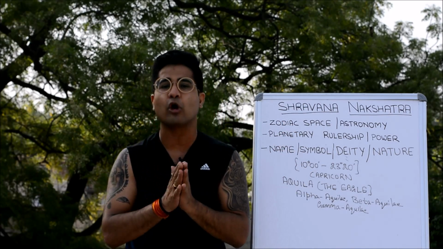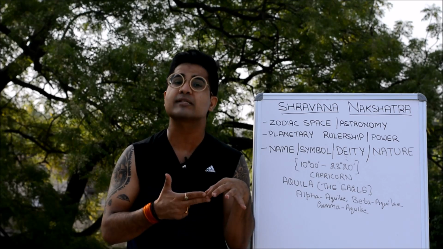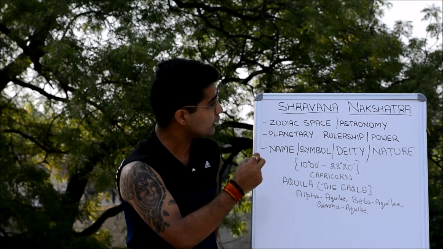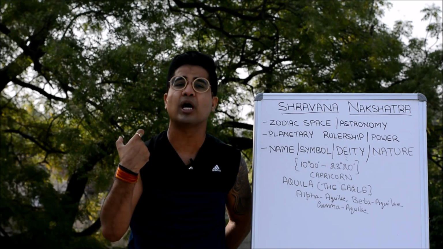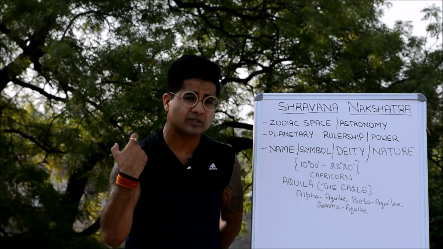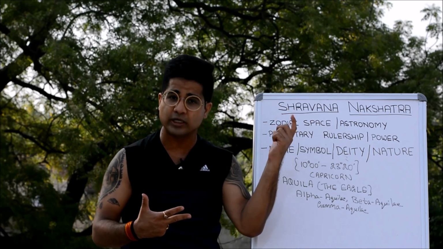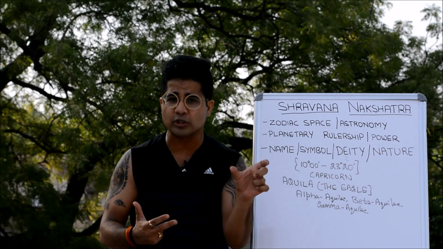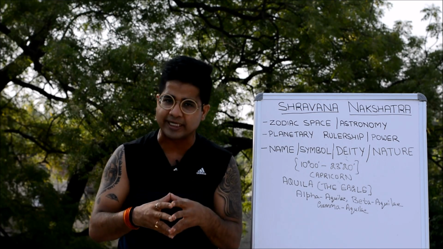When it comes to the flip side or shadow side of the Shravana Nakshatra, a little bit of jealousy and obstinacy or stubbornness is seen if the planets are afflicted, placed in the Shravana Nakshatra. And it has generally been seen that the 5th house, which is the house of progeny or children, if the 5th lord is sitting in the Shravana Nakshatra, this is not considered a very good sign from the progeny perspective. In research it has been seen that people who have their 5th lord in the Shravana Nakshatra derive a little less happiness from their children. So these are the few things I wanted to mention as my introductory take on the Shravana Nakshatra.